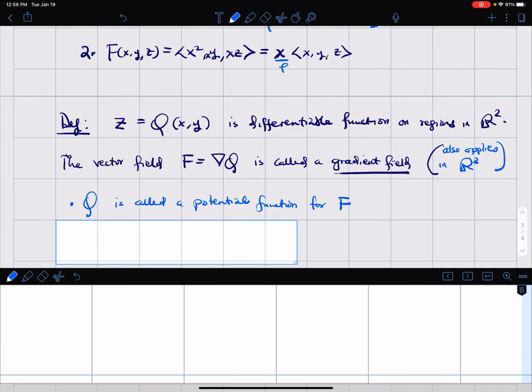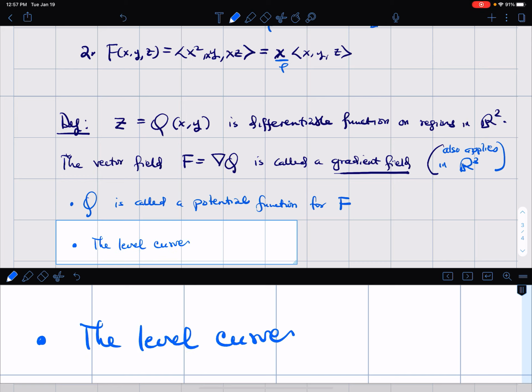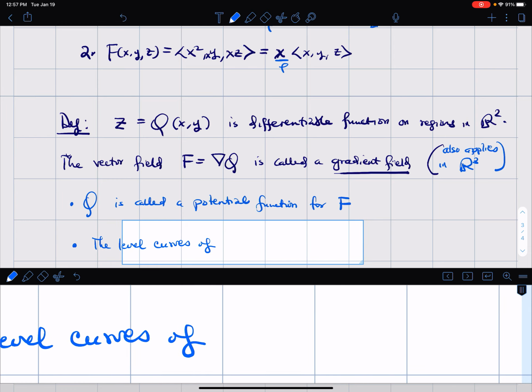Okay, and the level curves of phi are called